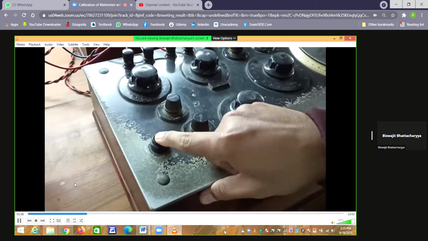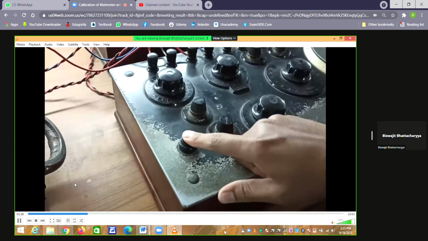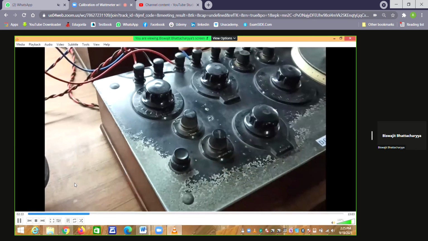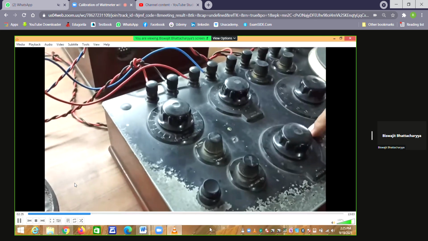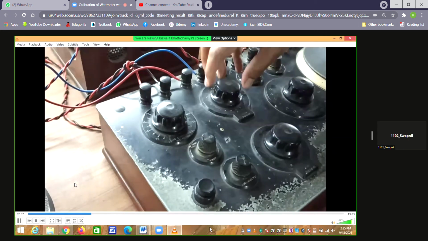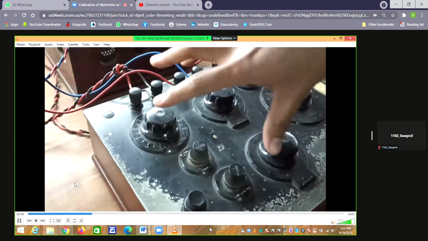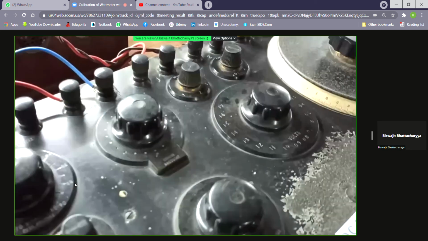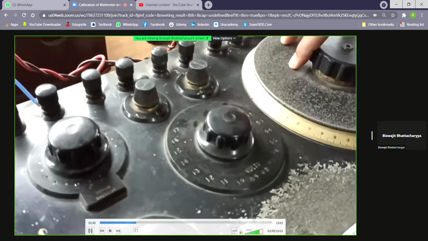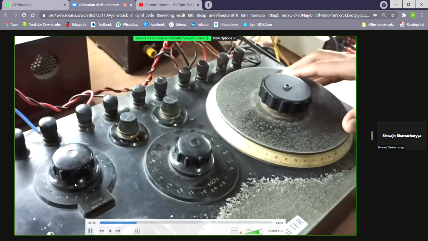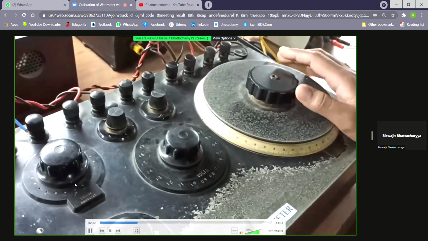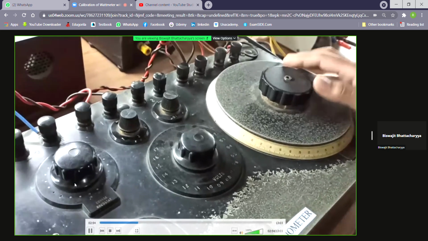There is a push button we will use to trigger the circuit. We will use it to energize the circuit. And there is some other rheostat. This is the force rheostat and the current rheostat to make the standardization. And these are the two sliders over here. This is the main slider and this is the vernier slider. We will use these two to make the null detection when we test any instrument.